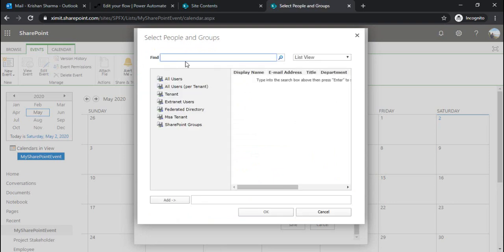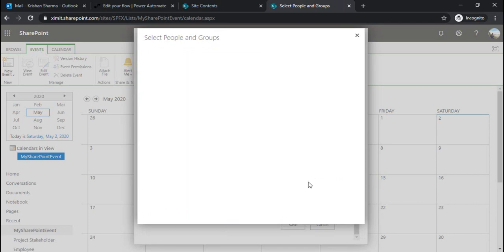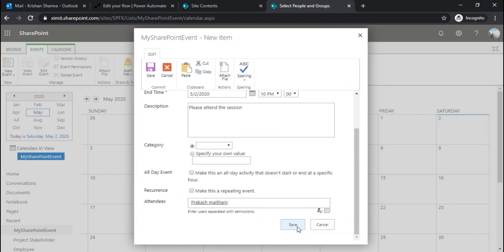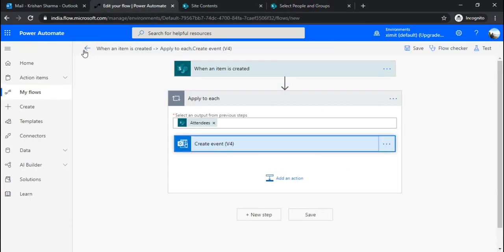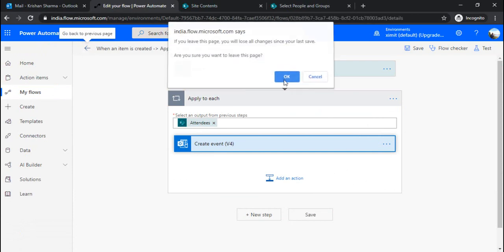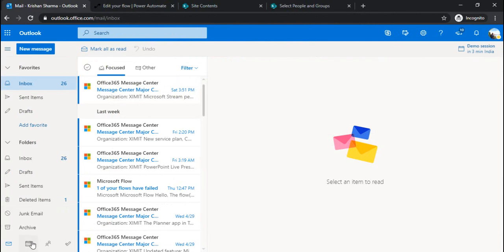I'll find one of my colleagues and add this. You can add multiple as well. When you click save, that should trigger my flow. Okay, so we got a success for our flow.